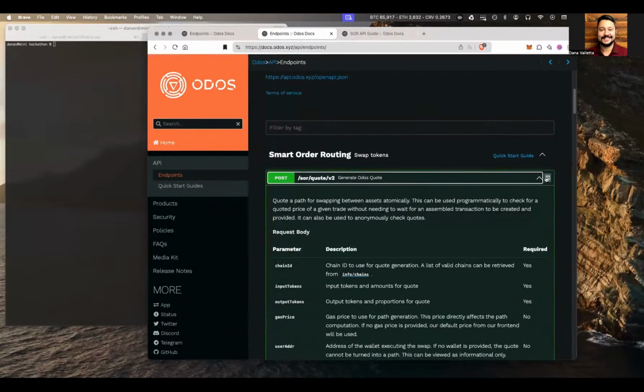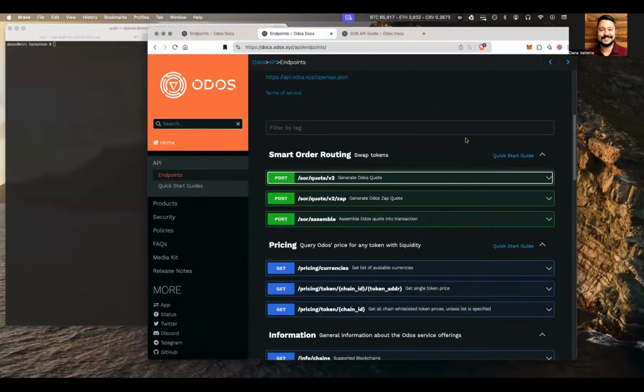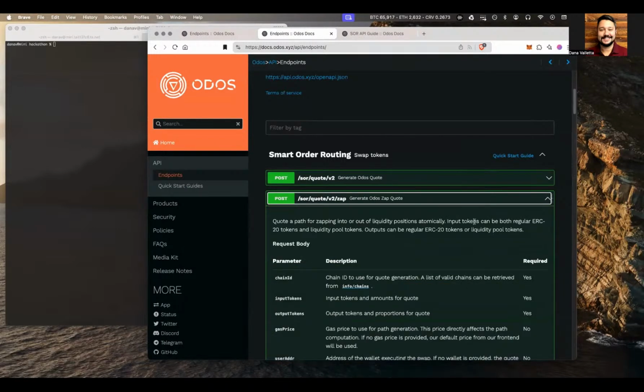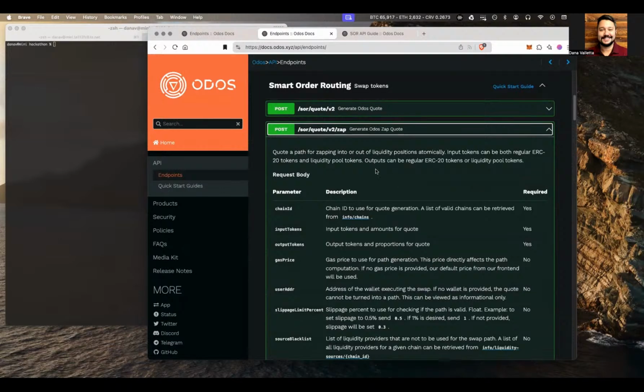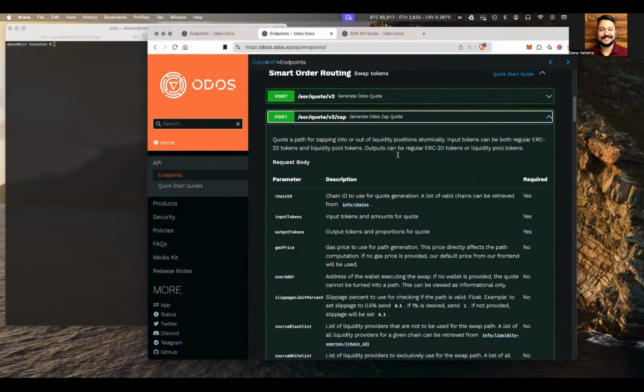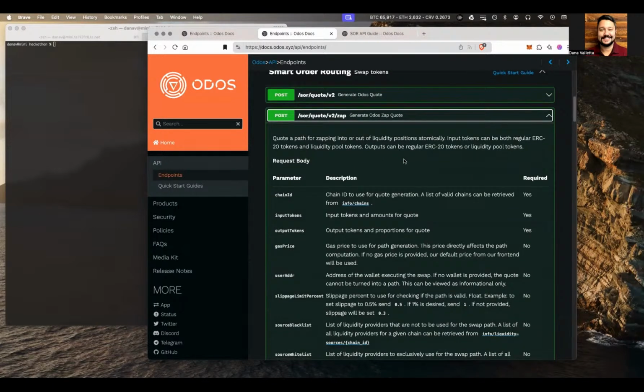So, the smart order routing API is straightforward. Most people use V2 or assemble and just back and forth. However, I don't want us to skip over the ZAP endpoint. If you're not familiar with the term ZAP, it's moving in and out of liquidity pools directly through atomic swaps.